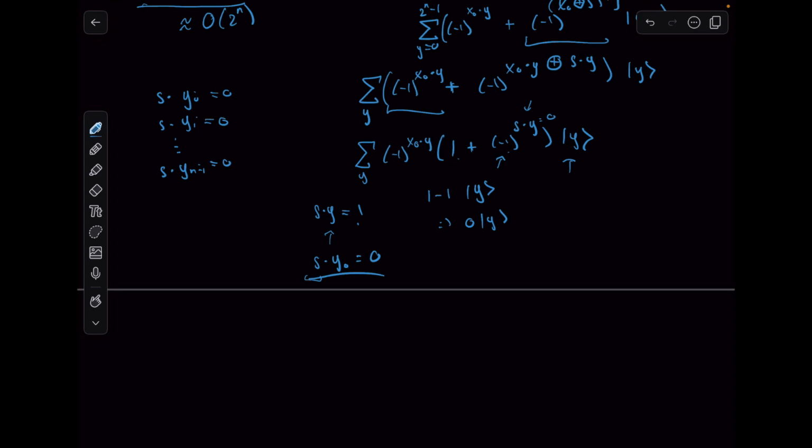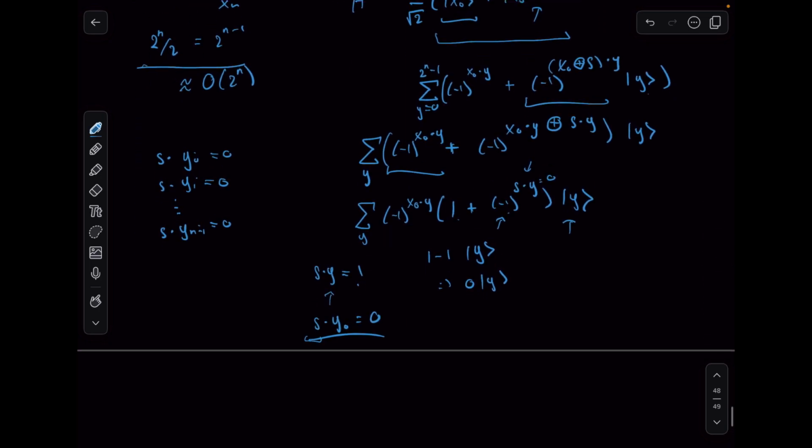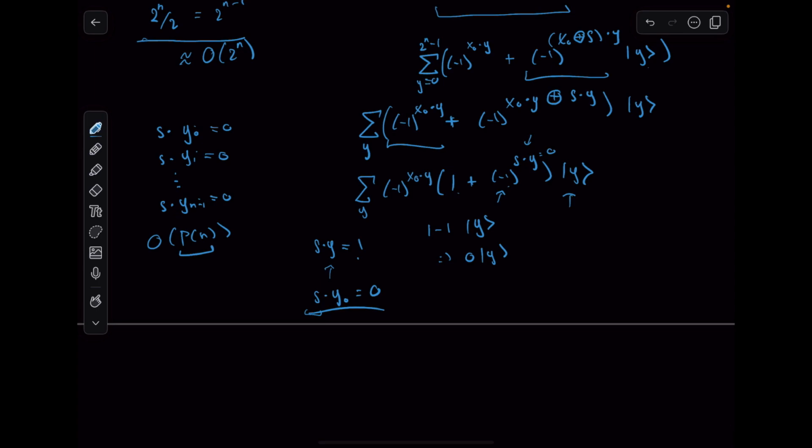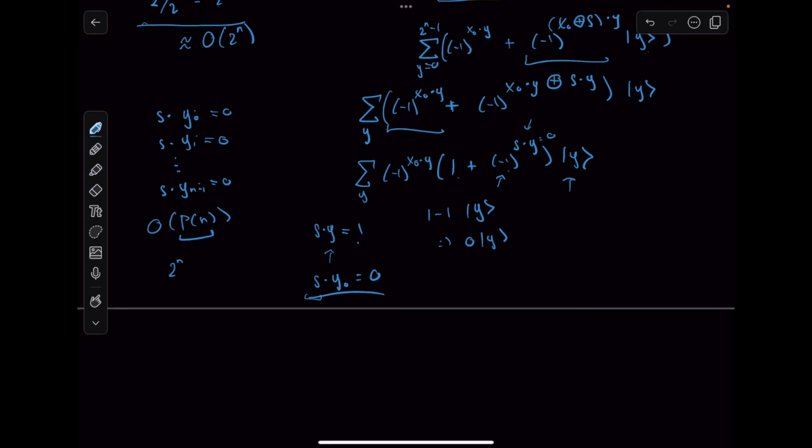But we could have only obtained it through this quantum algorithm. And you can show that it's actually very likely that you're going to find n linearly independent y values such that you can determine your value of s, and you can do it in time that's polynomial in n. So our runtime is something like p(n), where p is just some polynomial. So just like that, we've gone down from 2^n to a polynomial function in n,